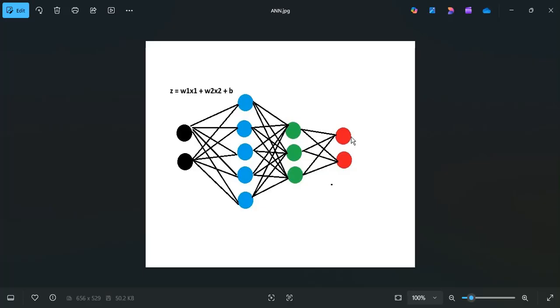So here we calculate the loss as I told you last session. We calculate the loss and then we do backward propagation. So it means we usually have an optimizer. We use something like gradient descent or Adam optimizer for most of the cases.